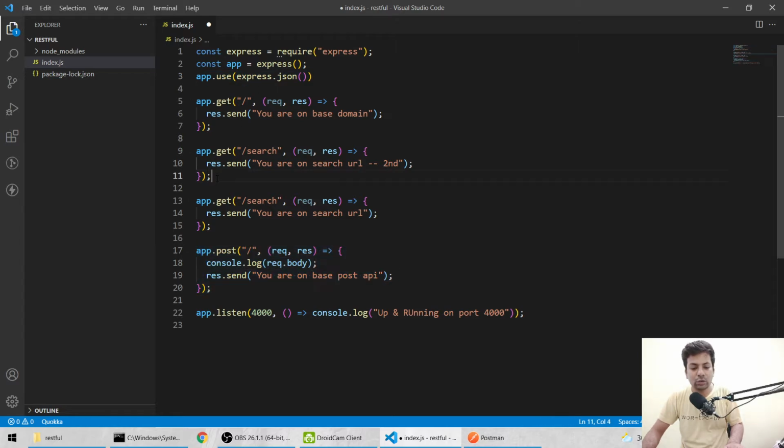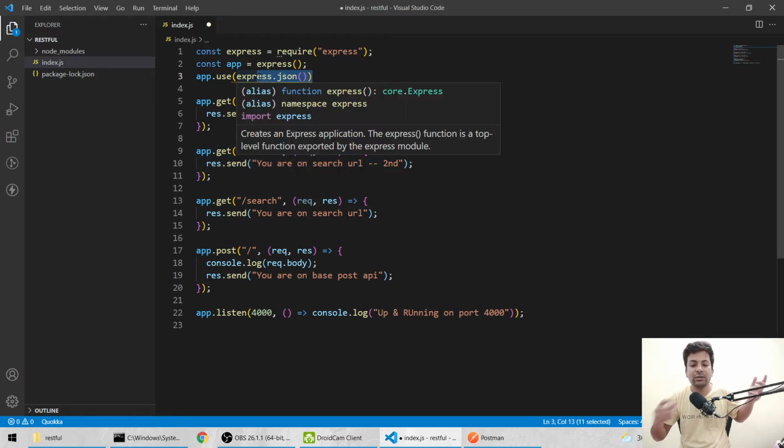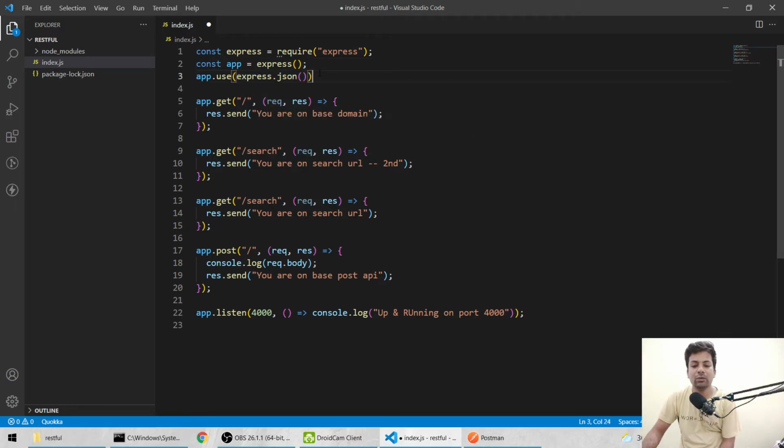If you are going on /search, it will come first here, then here. It's like a middleware. You can understand it as the first API that will be used. After that, whatever API, like get /search or post.